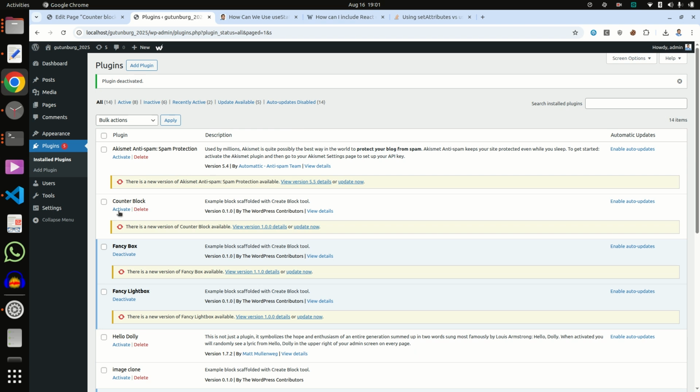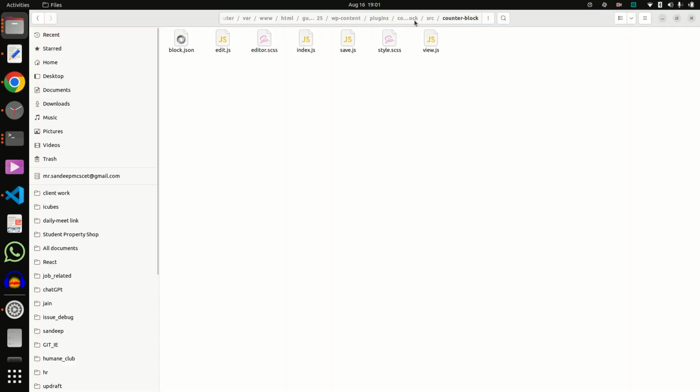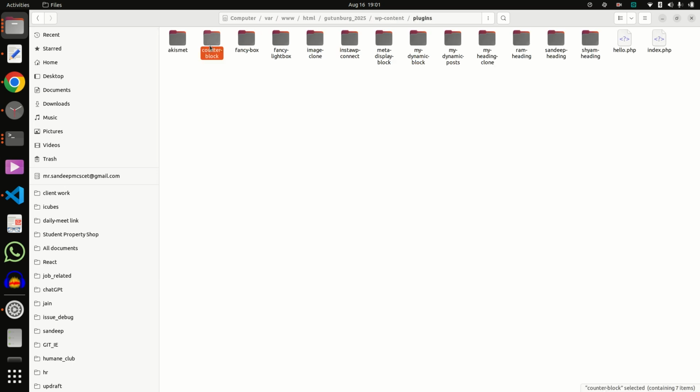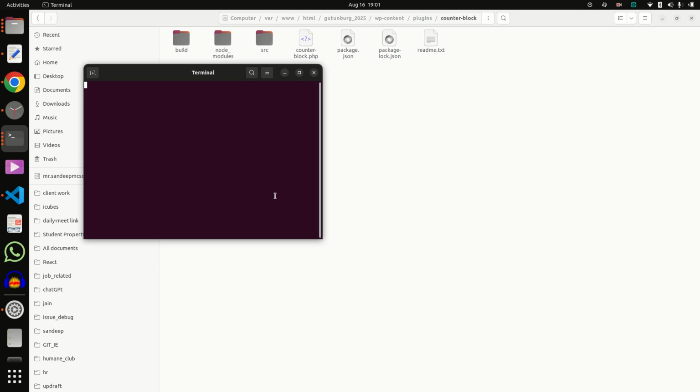So activate this plugin, and then you will get this block inside your block editor. And now, inside counter-block, run npm run build.